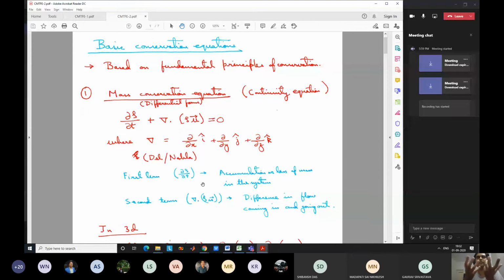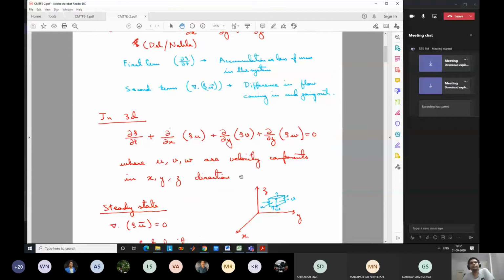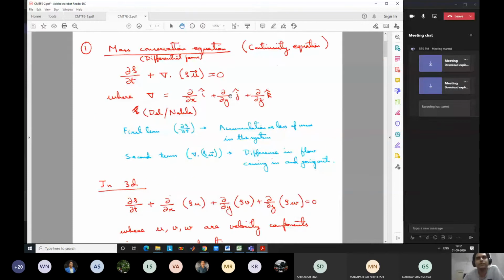And that is also logical, right? If you have a bottle, you are filling it, so mass is coming into the system. You know that whatever is coming in, the rate of that should be equal to whatever mass change is occurring in that bottle. Same thing is happening here. You can easily derive the equation if you want. You might have already done it in fluid mechanics class, okay, based on this control volume.